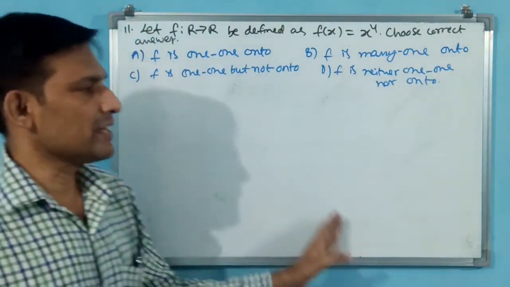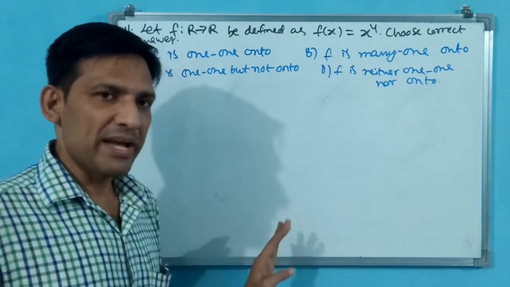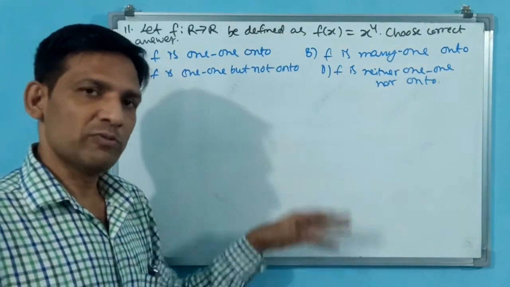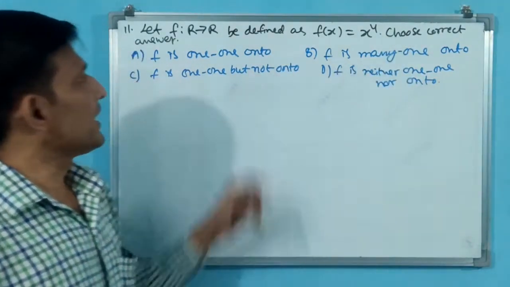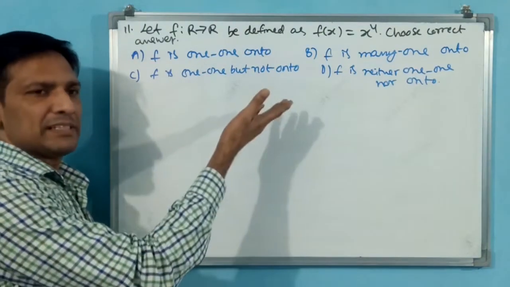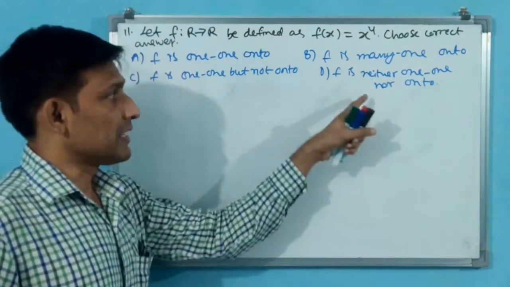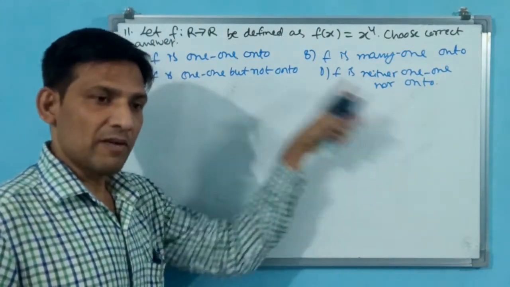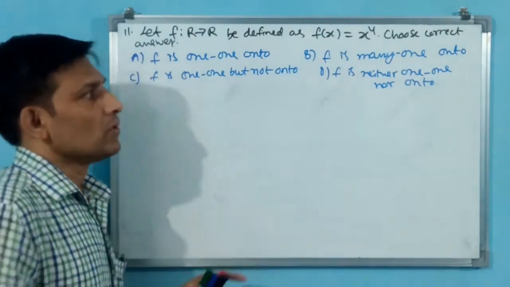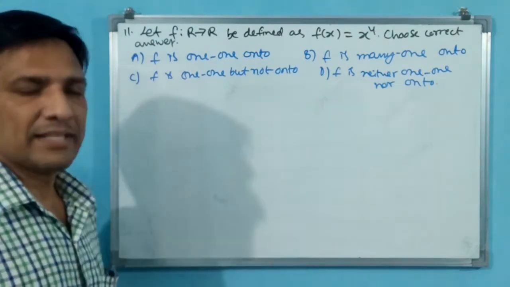Okay, real numbers are there on both sides. Real number to real number connection is there, but there is no restriction like minus 0 or minus 1. All real numbers will come. That means 0 also will come, everything will come. Choose the correct answer. Now you know one-one function, onto function, one-one but not onto. These four options, whether one-one or not, and onto, many-one onto, not onto, we will see what the answer is.